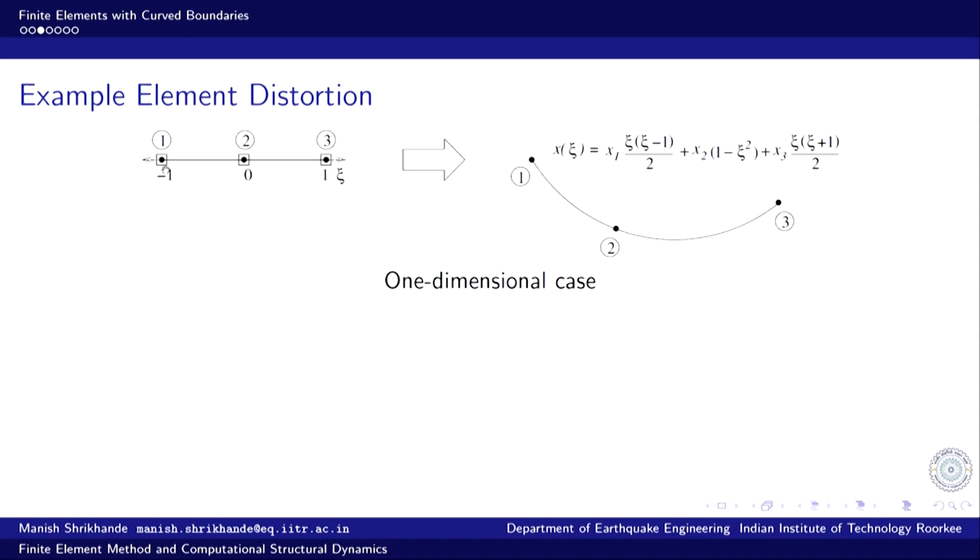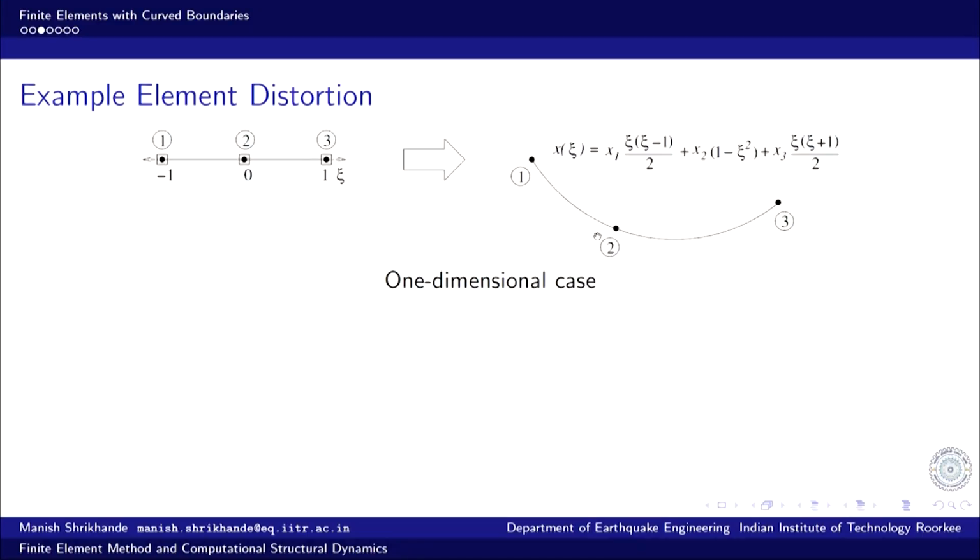So, the entire parent element 1 3, the straight element 1 3, gets mapped onto this quadratic second degree curve. I can distort it, I can stretch it, I can compress it, I can distort it into any shape, I can rotate it as well. I need to specify appropriate values of the coordinates where these nodes should be placed, which is the destination of this distorted geometry. So, this is the one dimensional case.